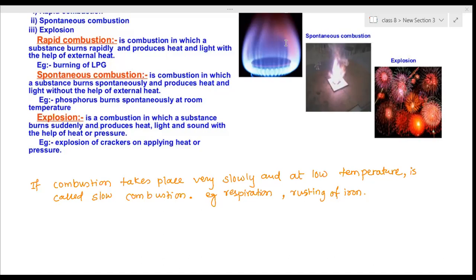So when we burn wood, there are some gaseous substances present inside the wood. When we start burning the wood, these gaseous substances come out of the wood and start burning, that means catch fire. When it catches fire, it will produce flame. And in case of charcoal, the gaseous substances are not present. So no gaseous substance will come out, and therefore no flame will be produced.